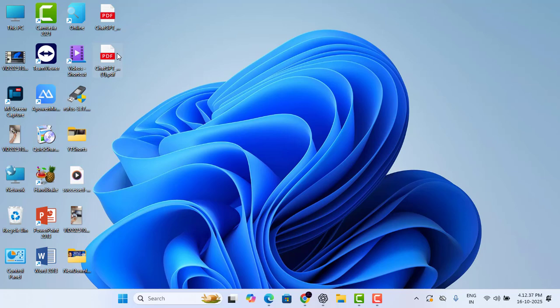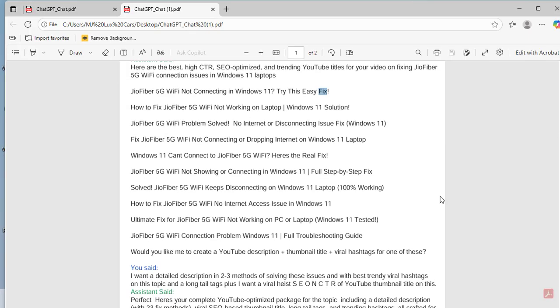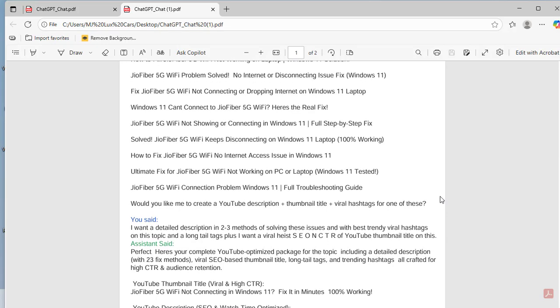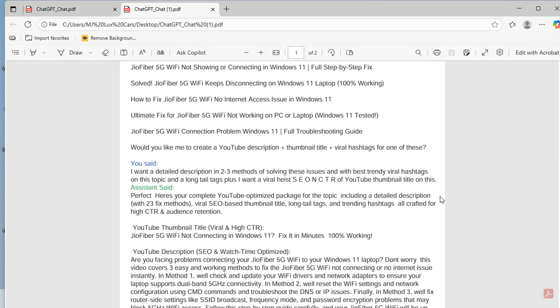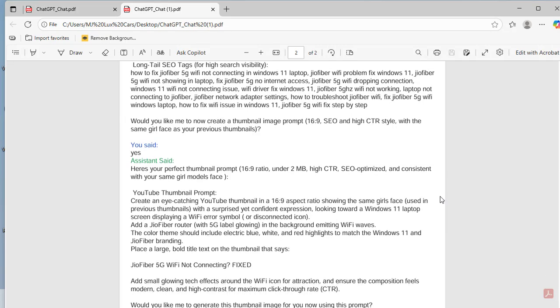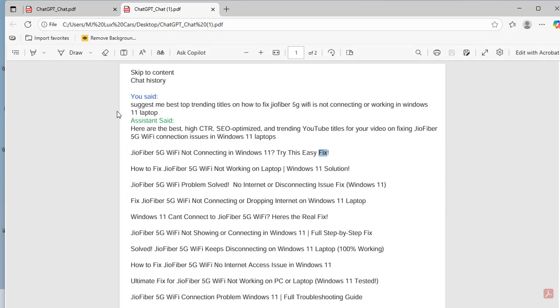The PDF file is created. Now let's open it. Wow guys, amazing. Here you can see all my chat conversation has been nicely formatted in PDF. The best thing you can see here, guys, is that it does not mention your name. Yes, here you can see it says 'You said'. It does not mention your name, ID or anything else. And the reply from your AI assistant is shown as 'Assistant said'. It is not showing or declaring which app you used for AI.